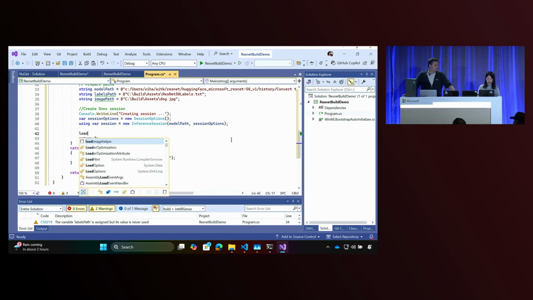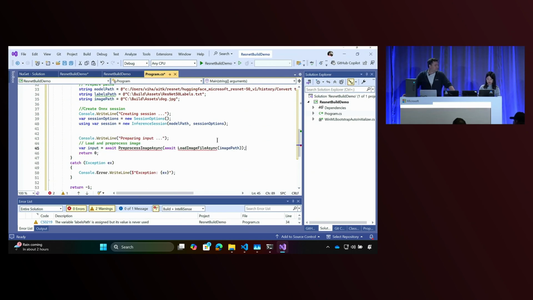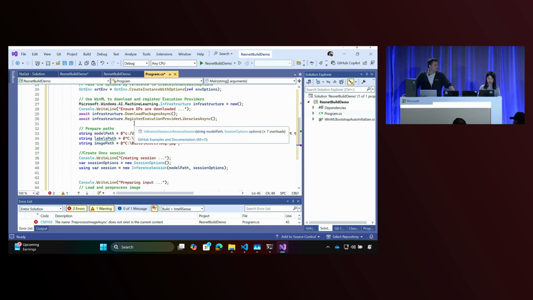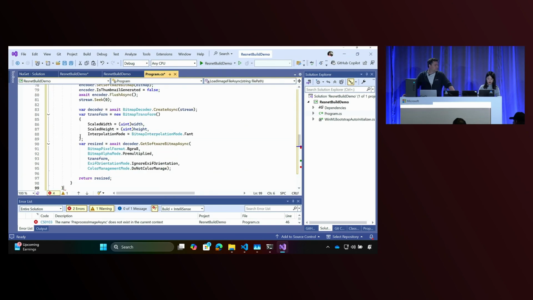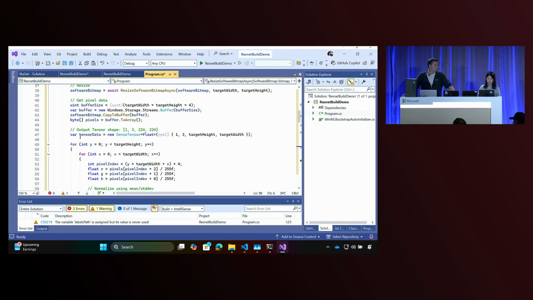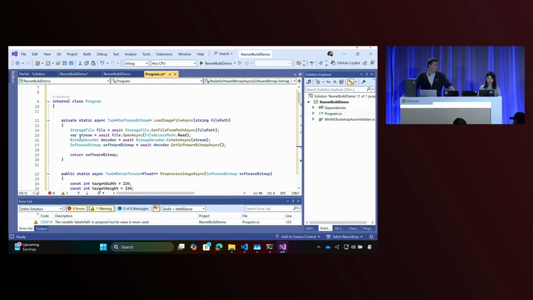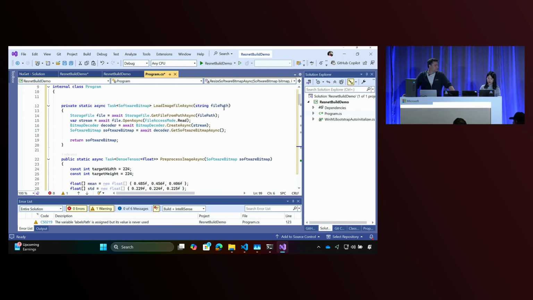And now I need to load the image that I just showed you. Here I've written a couple of helper methods to do that, so I am also going to bring that up using a code snippet. All it does here is read an image from a file path into a software bitmap.